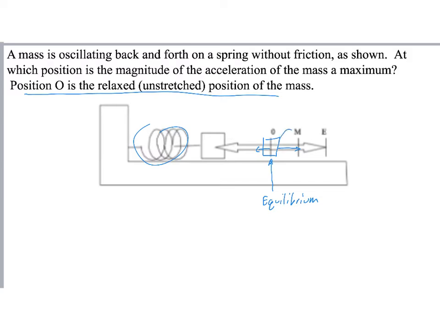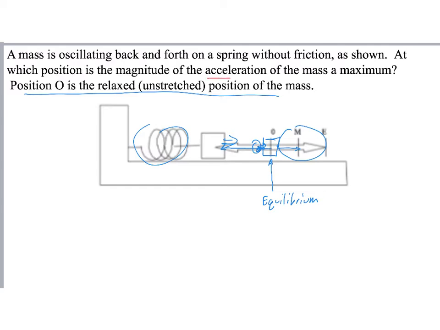So any place I am to the right, the spring is going to be pulling to the left. As soon as I pass this 0 and I come over to the left-hand side, then it's going to be pushing it right back towards the middle. Any position over here means that the spring has been compressed and it's going to be pushing over to the right. All right, so that's an important idea when we come to answer the question, which is, at which position